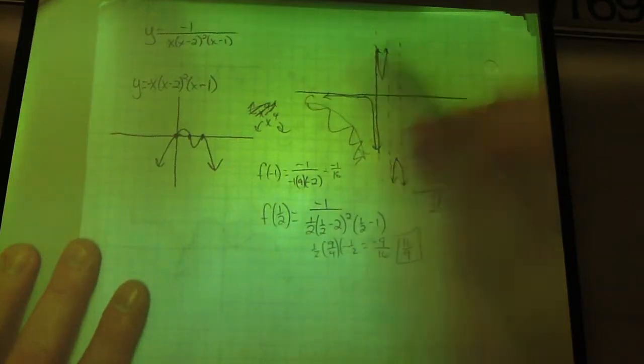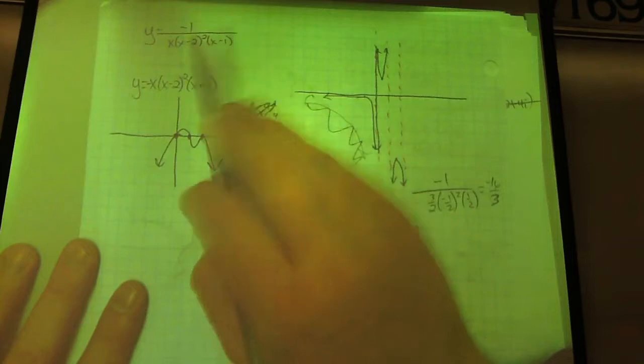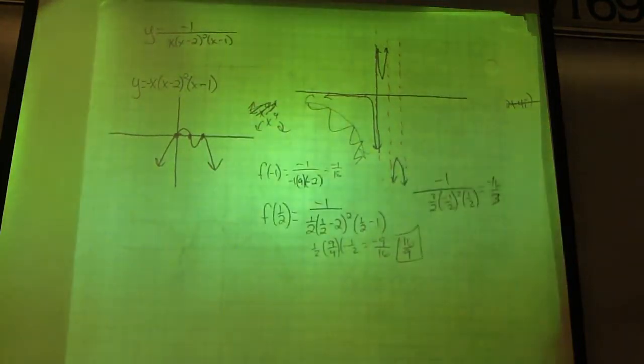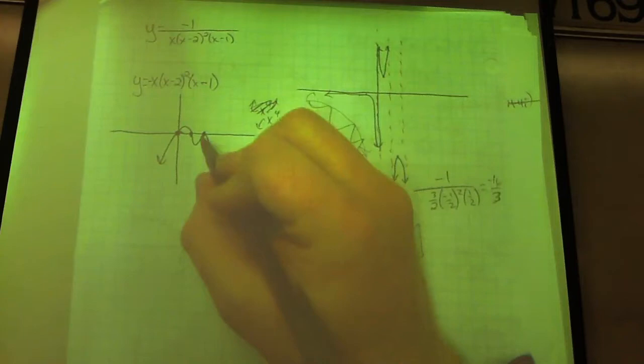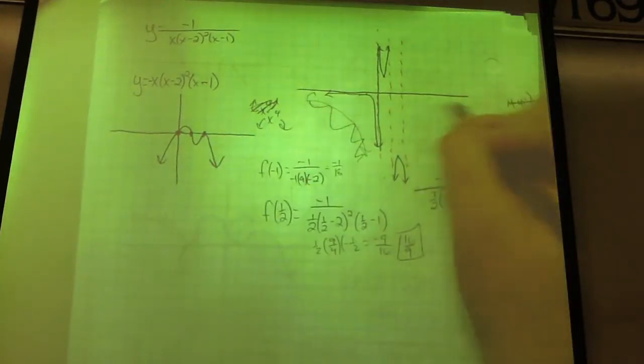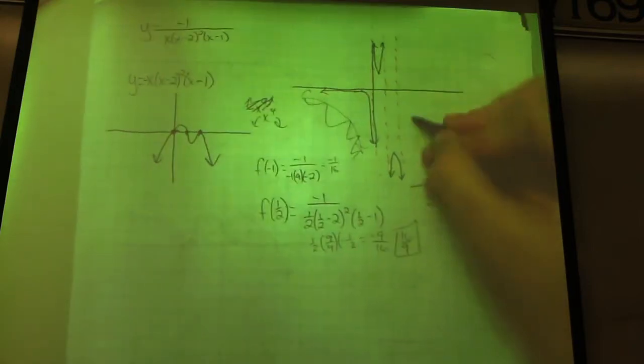On reciprocals, it'll never do that. You have to have something on top also. And actually, technically, it never crosses the horizontal. But this one, it's going to be negative. So it's like this. Just got to figure out